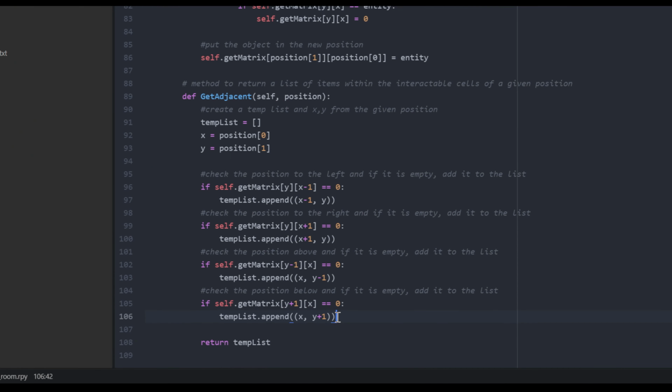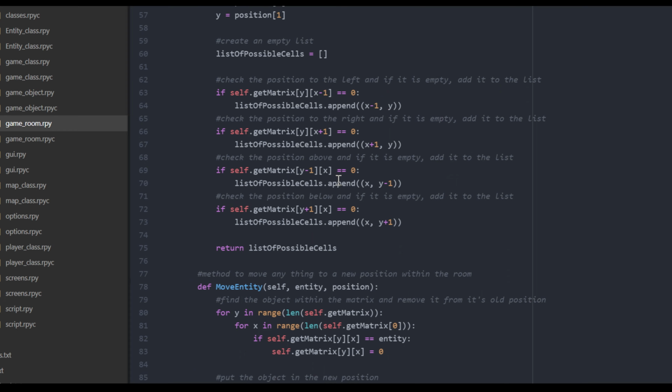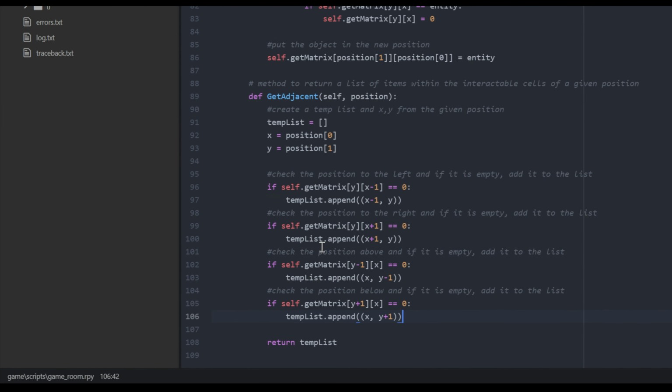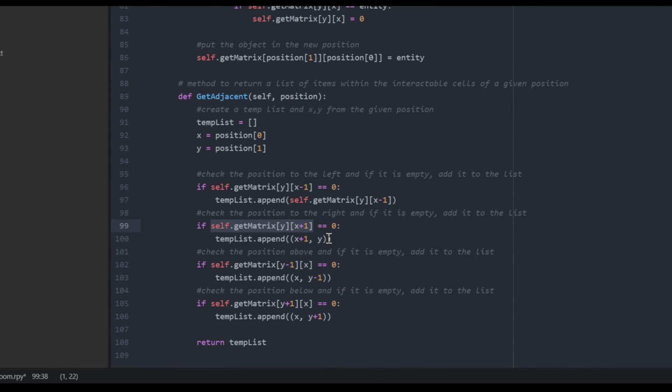Now obviously there is something else that we have to do here, because what we've actually done is literally copied the code from here. So what we have to do is, in this case, we have to change what we're appending to our list. So we're going to copy that and we're going to replace the code that we have in there. So we're actually replacing the position that we were adding to the list in our previous method up here. We're actually now putting the contents of what is in that cell rather than the cell number or the cell position. So we just copy and paste all of these things into the relevant place,